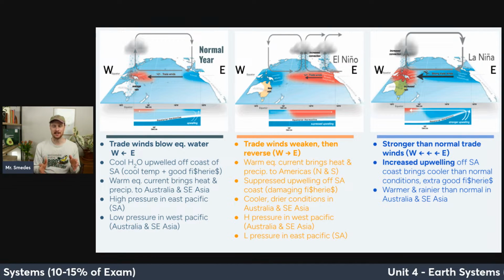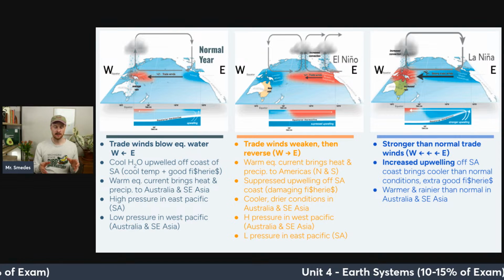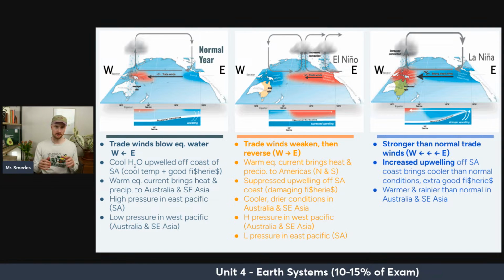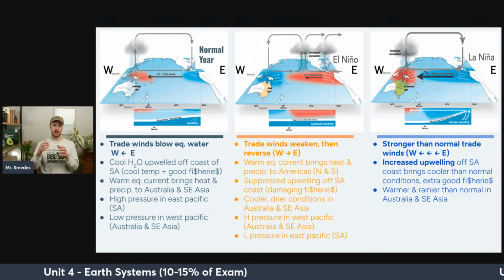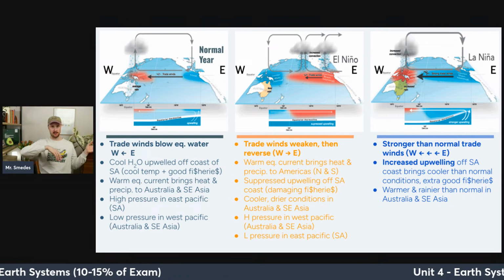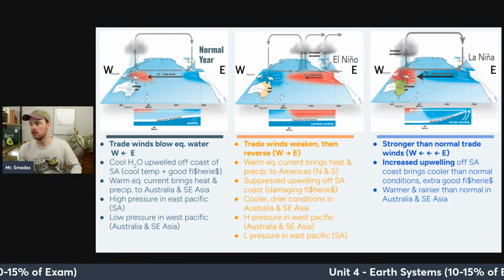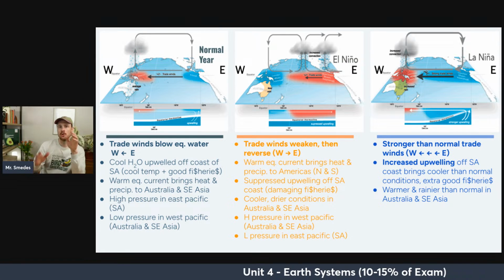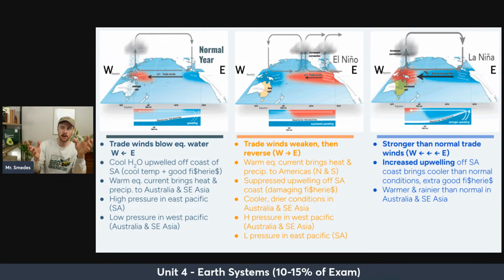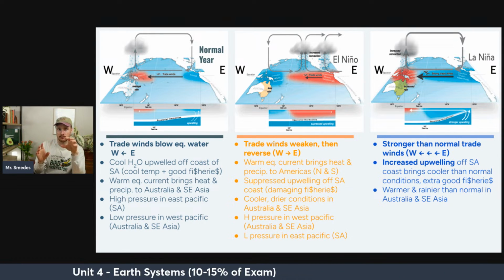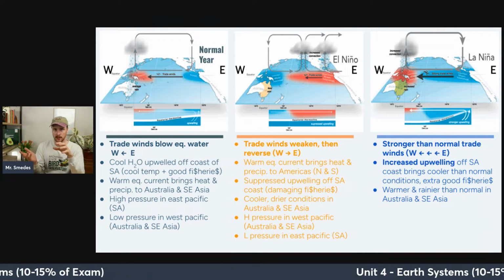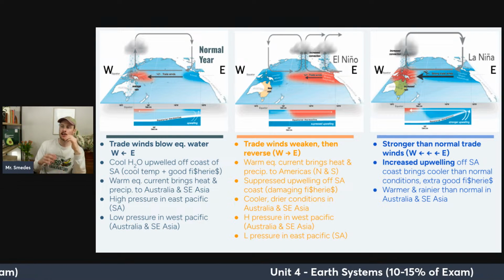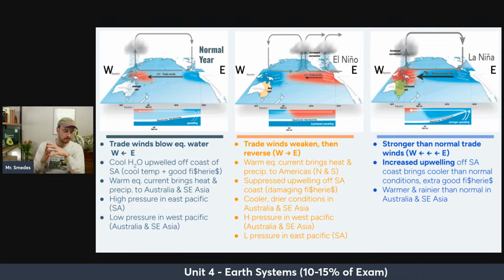This one's a doozy, okay? So what I always try to remind my students is you have to know a couple things about a normal condition, the normal condition in between El Nino and La Nina. And if you can do that, then you can learn El Nino and La Nina. So normally, and first we have to know where we're talking about. So we're talking about the equatorial Pacific. And the name El Nino, little boy, and La Nina, little girl, can also help you remember what they are